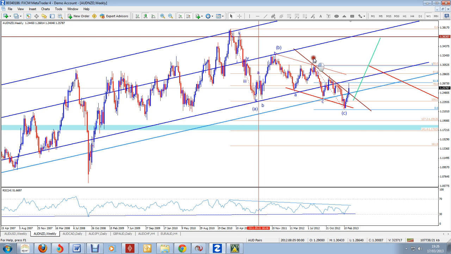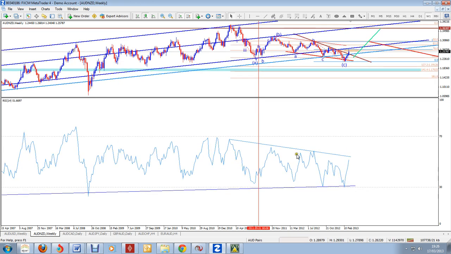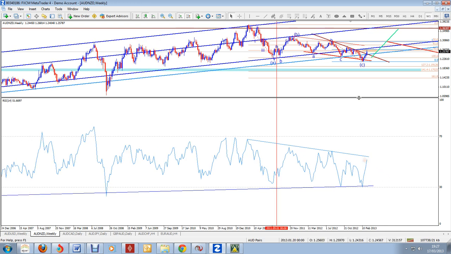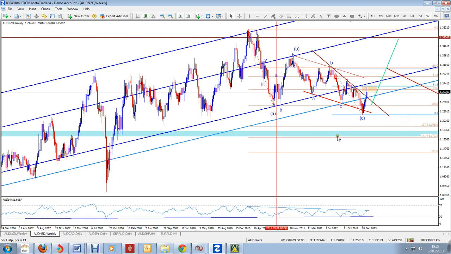or the Aussie dollar? From this perspective, it would look like the Aussie dollar will be stronger. It looks like we will be going back up. So we need to see what happens in this area here, and what happens in that area there. If, for example on RSI, we come back into that area and start dropping, then we will probably be expecting a lot more sideways action. Otherwise, we will find the Aussie dollar begin to really start running against the New Zealand dollar and go back up to the top side.